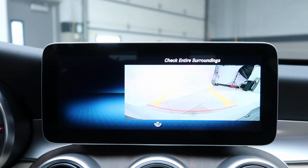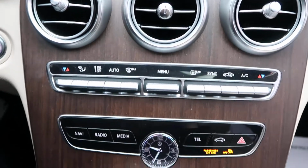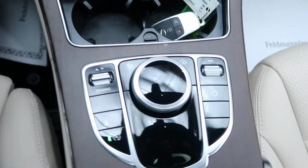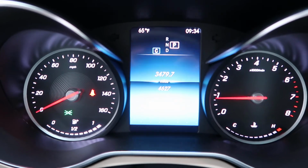a rear view backup camera, dual climate controls, wireless charging, USB port, cup holders, our command center. This vehicle has 4,627 miles, all service records and